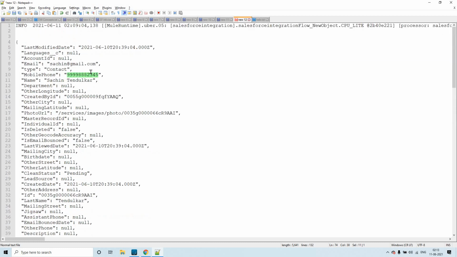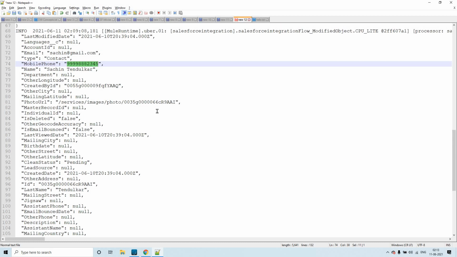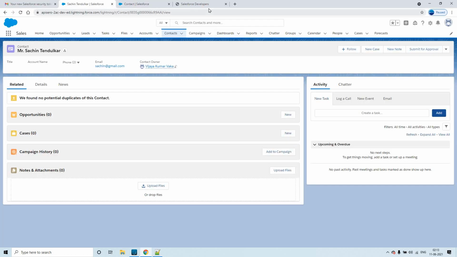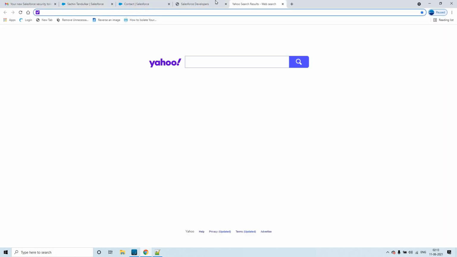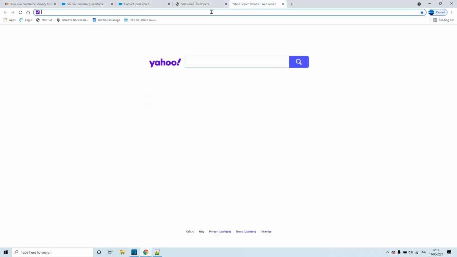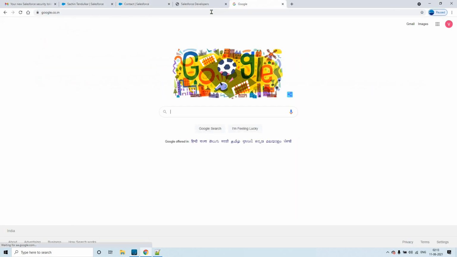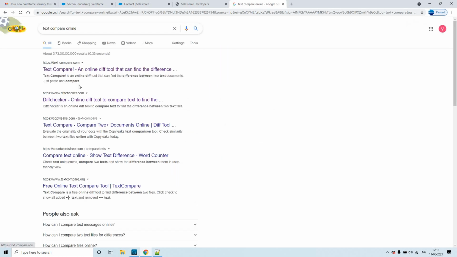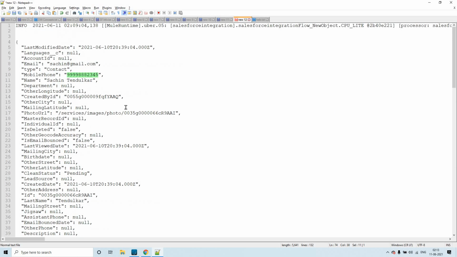You see the phone number is the same. Everything will be the same. You can even compare these two things by using some text comparison tool online. So both of them will be the same.